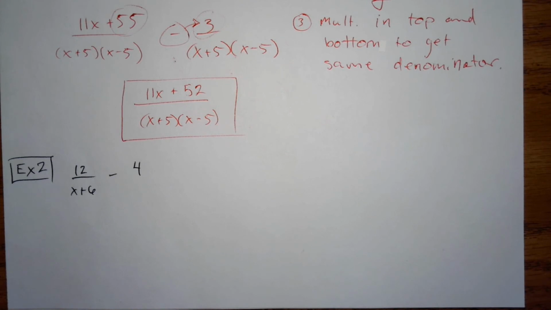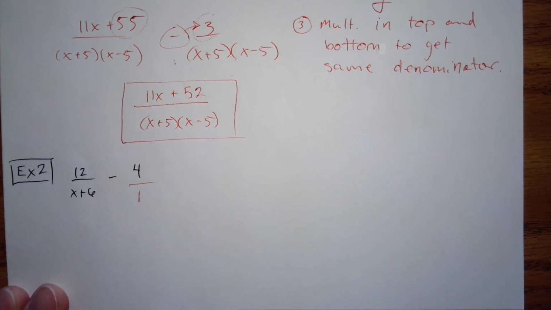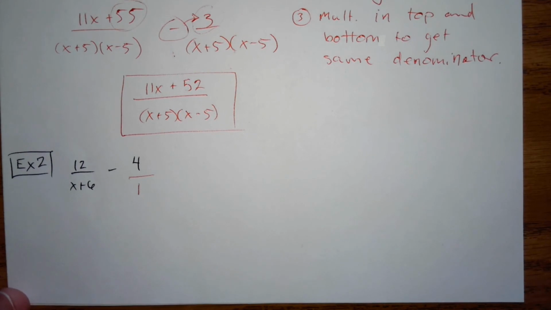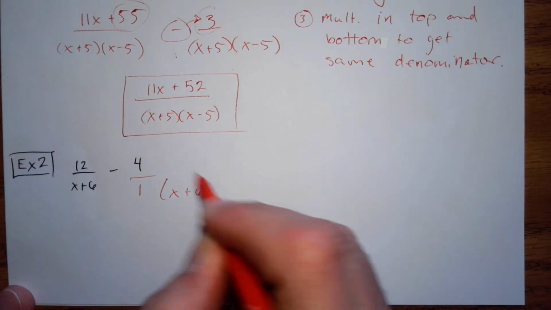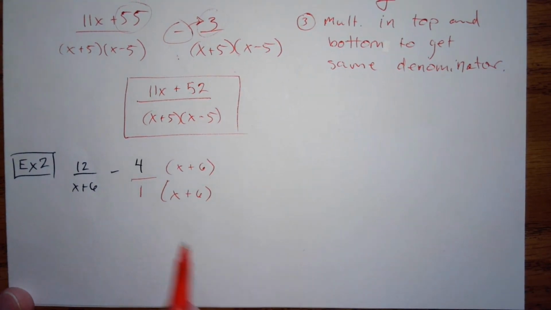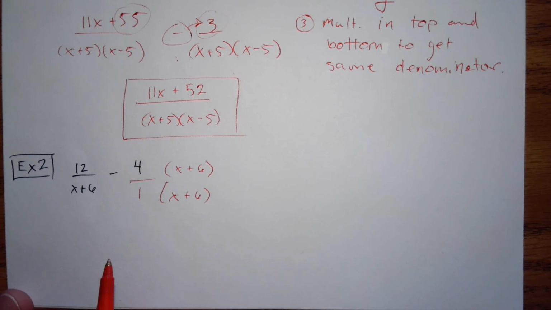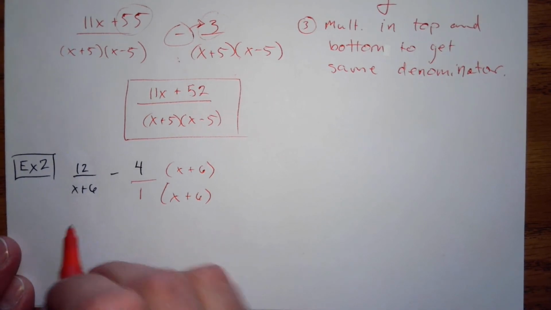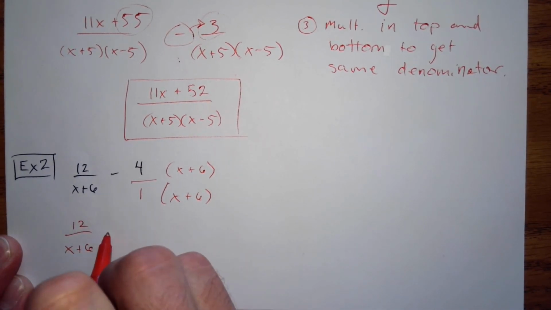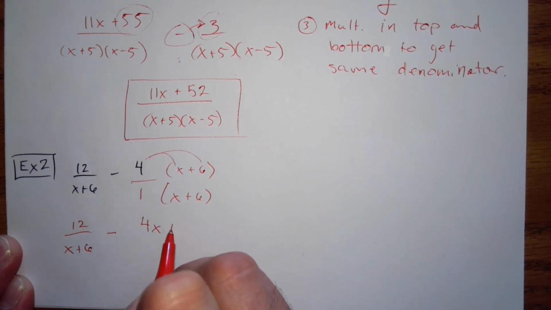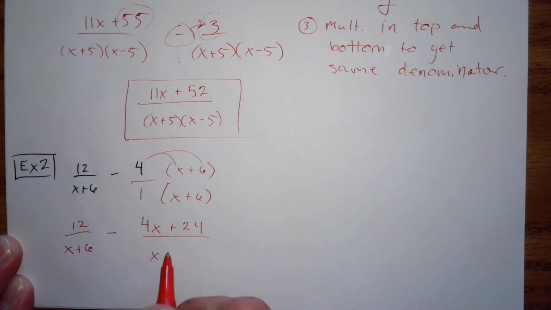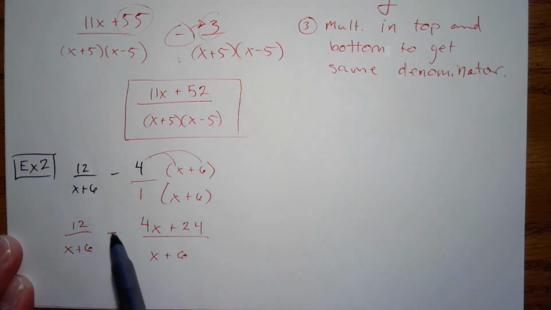Minus 4. In this, we can put it over 1. And then this one's missing an x plus 6. So we would multiply in the top and the bottom, x plus 6. This 1 we would distribute. If it was a different number, we would distribute it, but it doesn't change anything. So I have 12 over x plus 6 minus, I'm going to distribute the 4, so 4x plus 24, x plus 6, and I'm going to make sure and